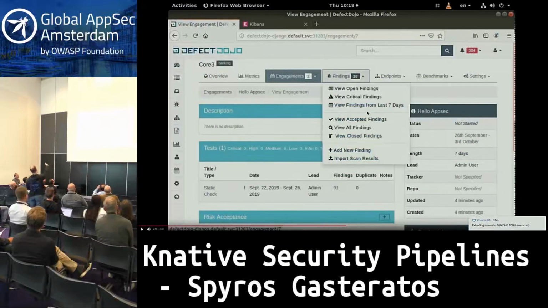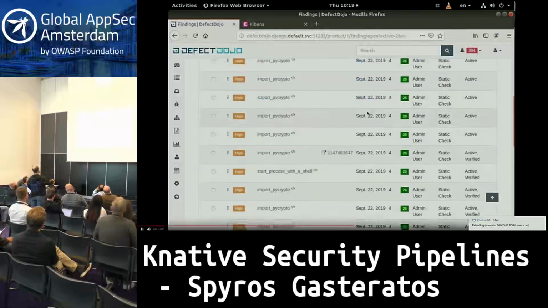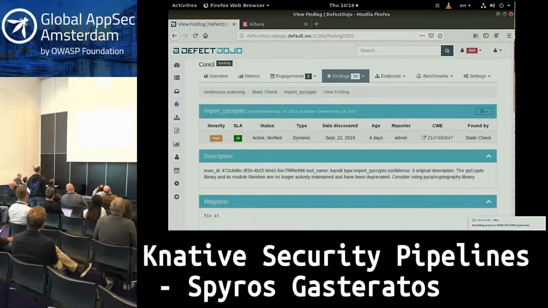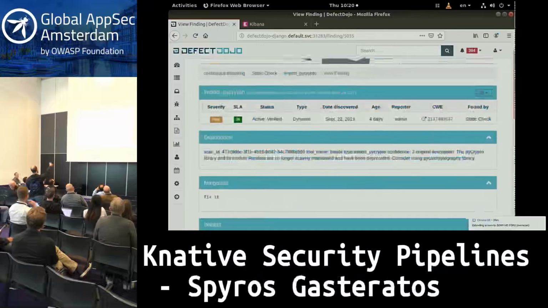This created a test called static check, because it runs static code analysis. And these are the issues it found, quite a lot of them, pretty much a bunch of import by crypto and whatever in different places. This is how one step looks like. Can you go back for a stop?